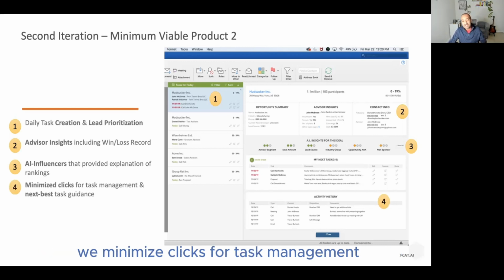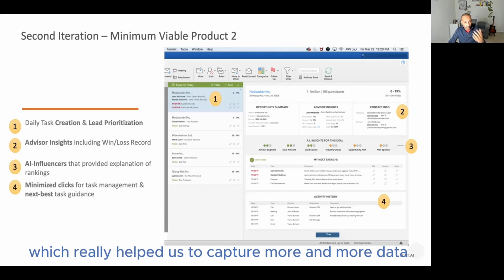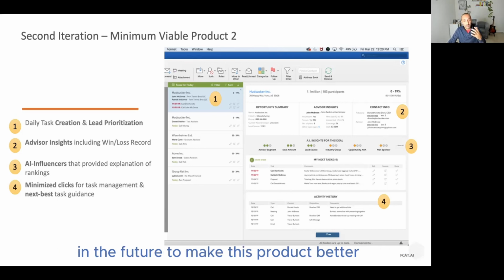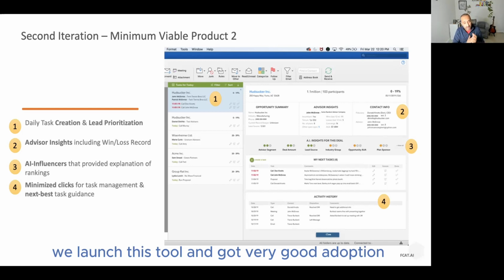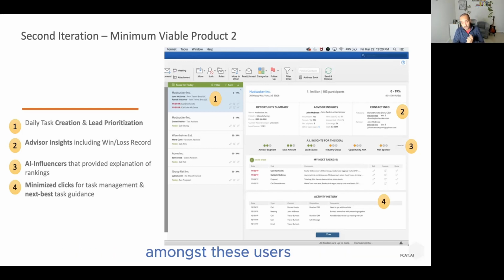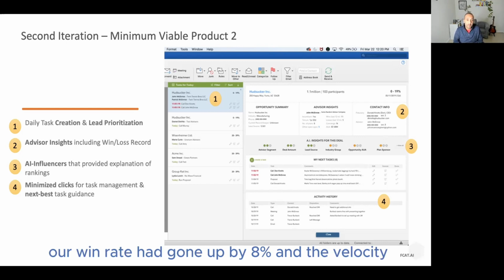Four, we minimized clicks for task management and gave them the next best task guidance, which really helped us capture more and more data in the future to make this product better. Now, like I said, we launched this tool and it got very good adoption amongst its users. 6 months after we launched the tool, we found out that our win rate had gone up by 8%, and